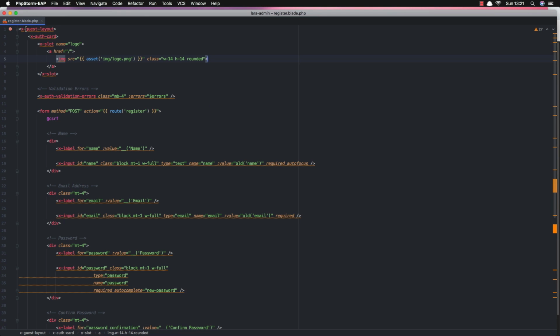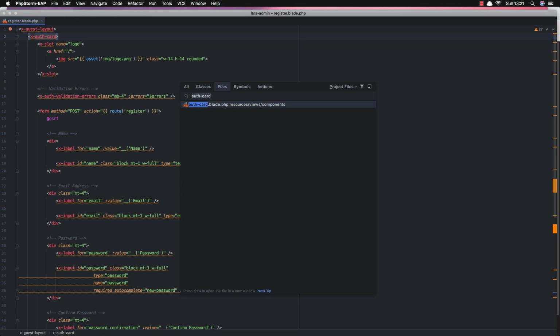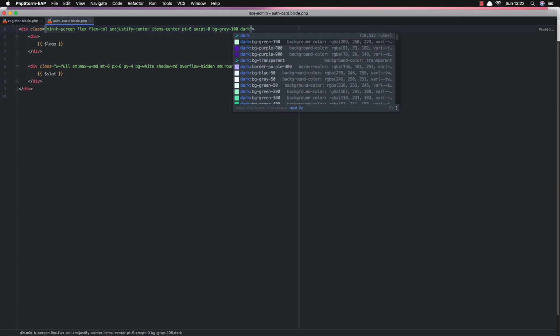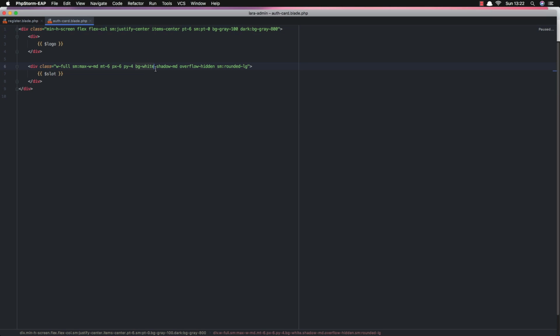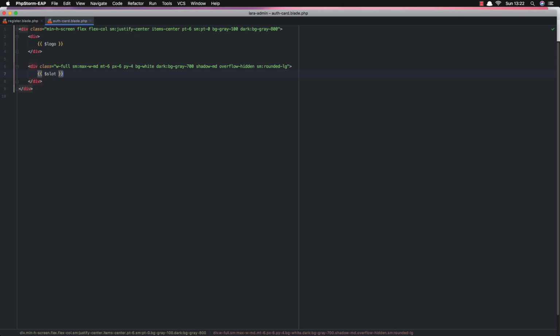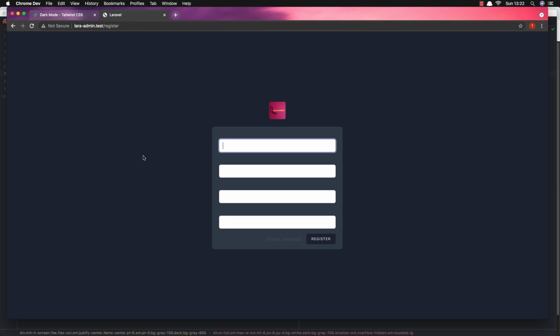And of course now if we see here we have a guest layout, and we have this auth card component. It's coming with the Breeze package. So if I search for the auth card, here we have bg-gray-100. I'm going to change this, when we have dark mode enabled, to bg-gray-800, and here as well when we have dark mode I'm going to add bg-gray-700. And if you go here and refresh now, of course we have the dark mode, but